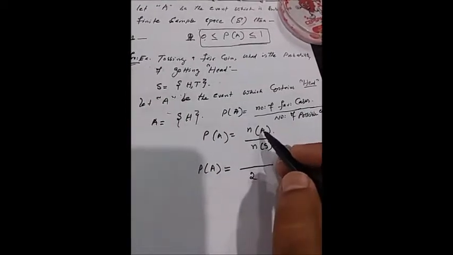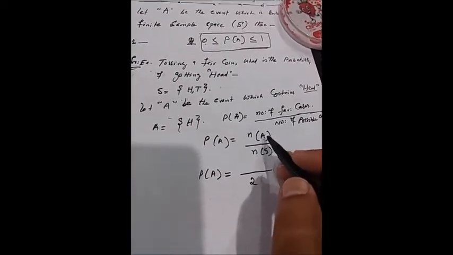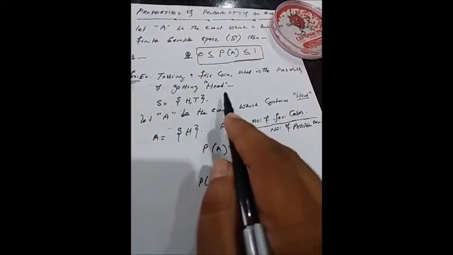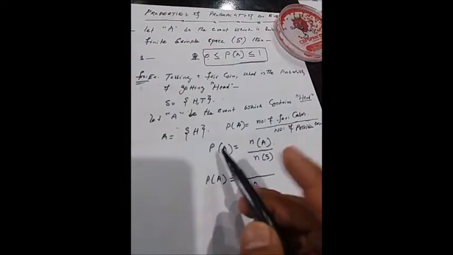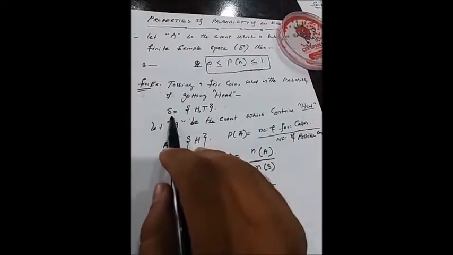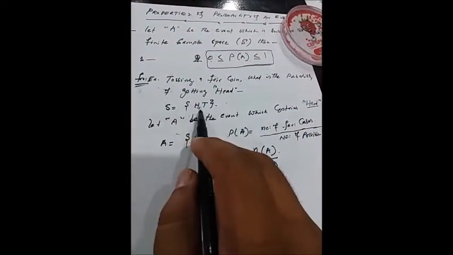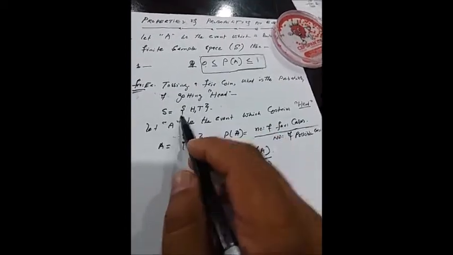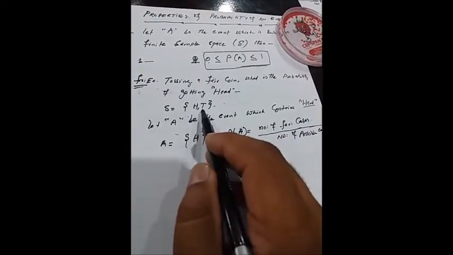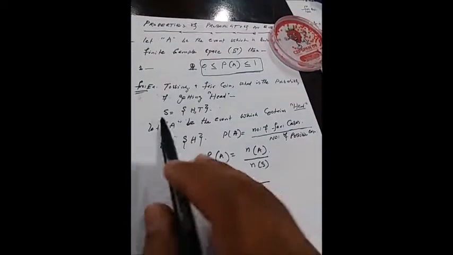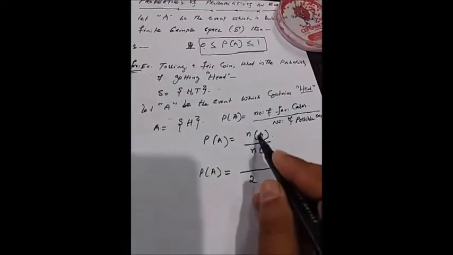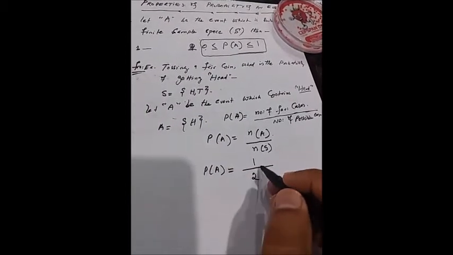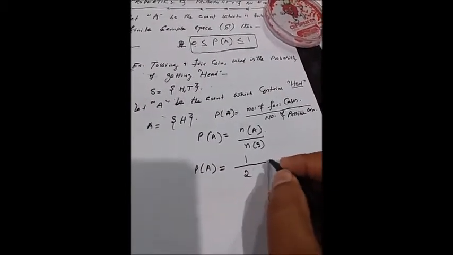So what do we require? We require the number of elements in A. What is required? The possibility of getting a head. We can see in the sample space that head occurs only one time and tail occurs one time. So the possible outcomes are 2. Head is 1, so 1 divided by the number of elements in S, which is 2. The probability of A is 1 divided by 2. So it means